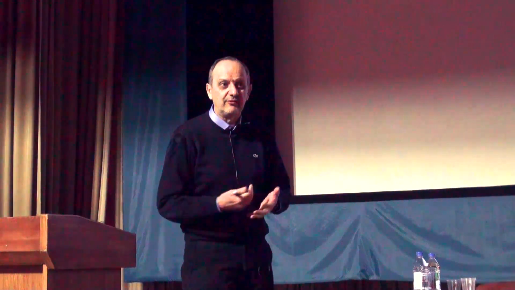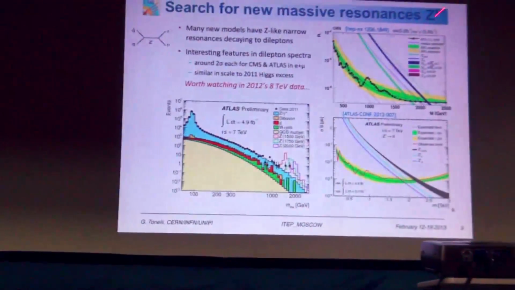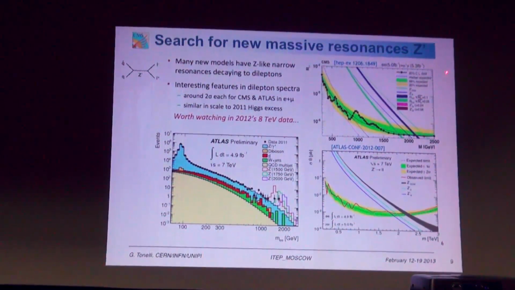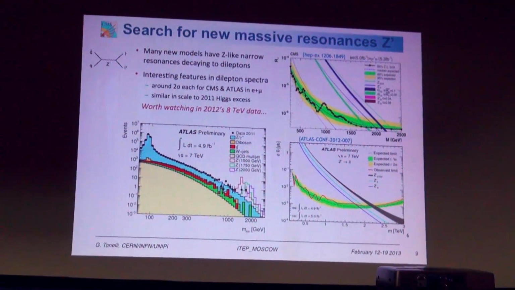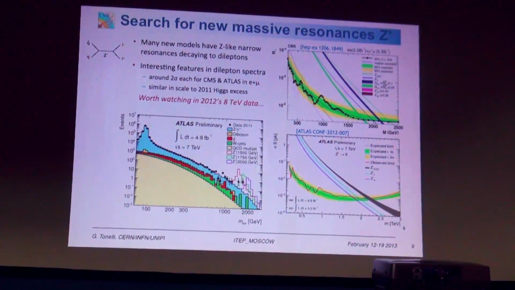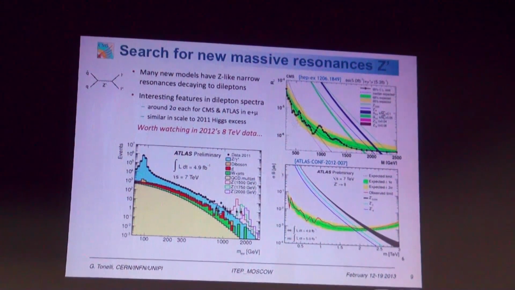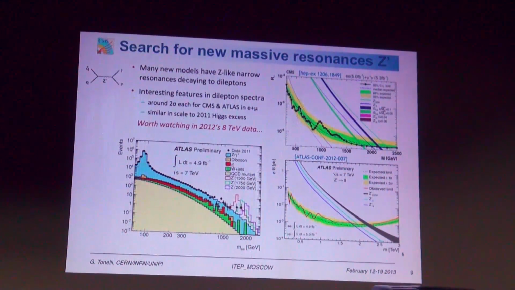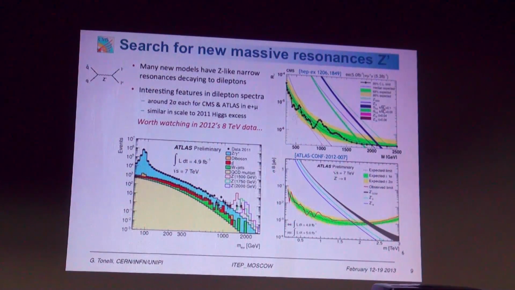The events were real. There was nothing wrong with the events. But simply, it was a statistical fluctuation. Luckily enough, we have been prudent to avoid any announcement or publication. But the fact that this was with 1 inverse femtobarn, and we had this anomaly, you can see that with 5 inverse femtobarn, still we have 2 signals. So to kill a positive fluctuation, even once the rest of the data don't give you signals in the region, needs time. And so, since the end of 2011, we were not 100% convinced that there was nothing there.